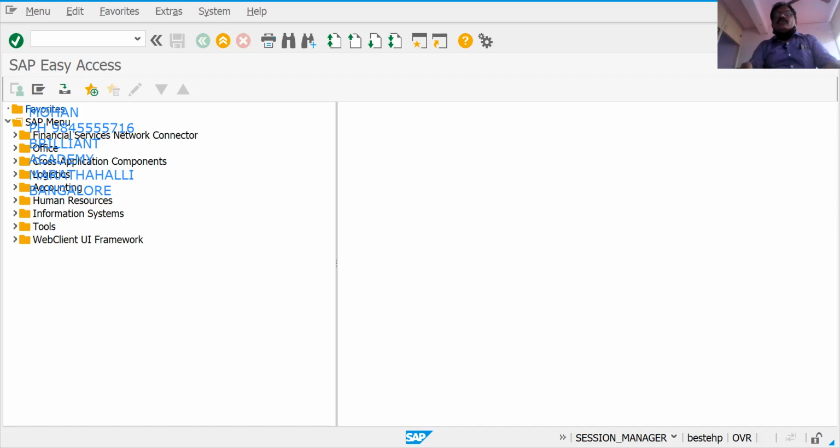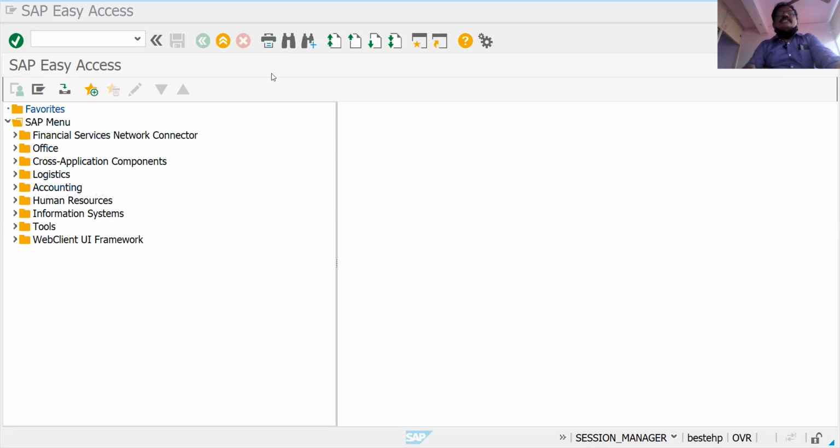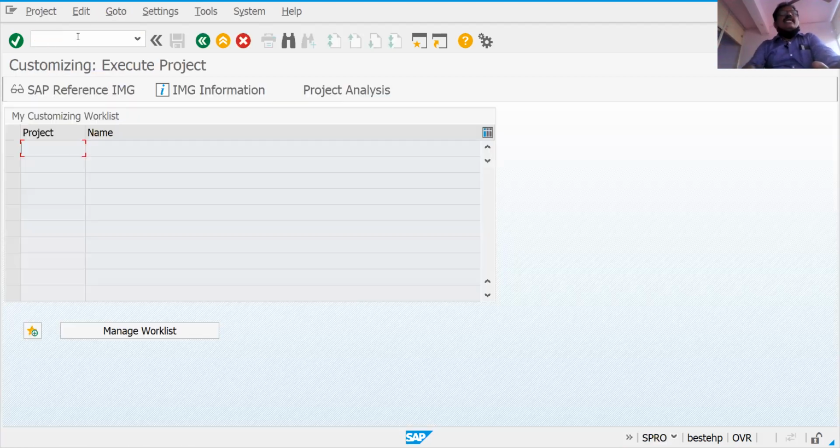So in SPRO, if I go to the SAP FICO easy access screen, once you give the user ID and password, we can enter here like this.